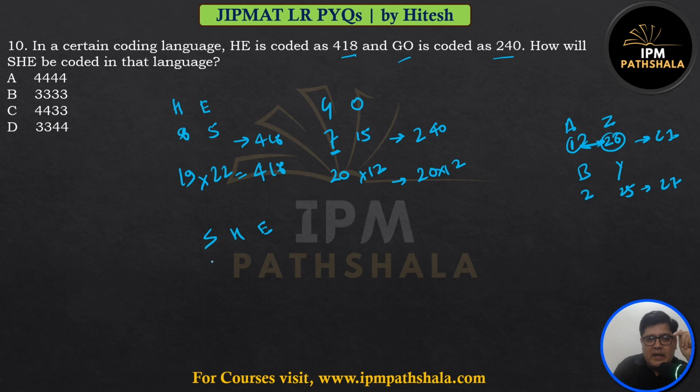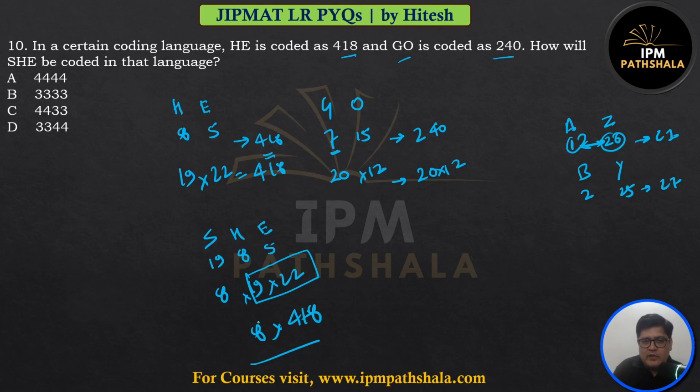SHE. The number of S is 19. To make it 27, I'll need 8. The number of H is 8. To make it 27, I will need 19. E is 5. What is the reversal number? 22. So multiplication of these numbers is the answer. So you see, this is already with me. This is already 418